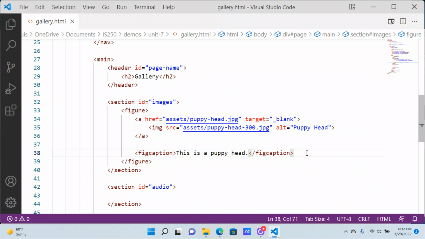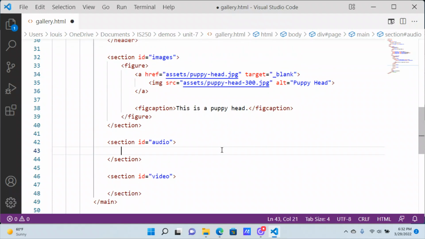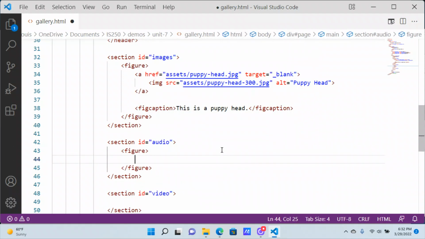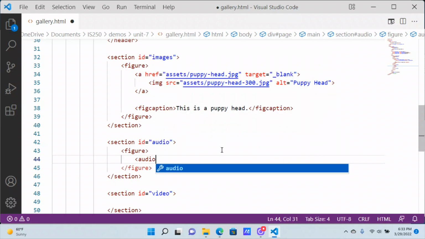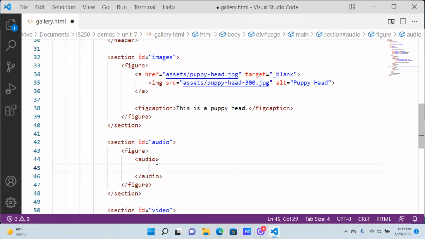Okay, cool. Let's go ahead and check out some of the audio and video elements here. So again, we can use figure for this. And since we did upstairs, I'll go ahead and do the same thing down here. And this is going to be an audio element, which is the audio equivalent of the image element. And what we're going to do in here is put a source, like the image has a source attribute. There's actually a source element that we can put in between the opening and closing audio tags,